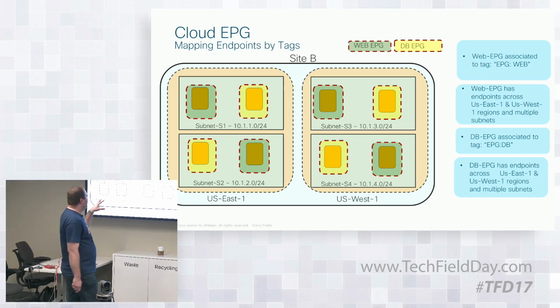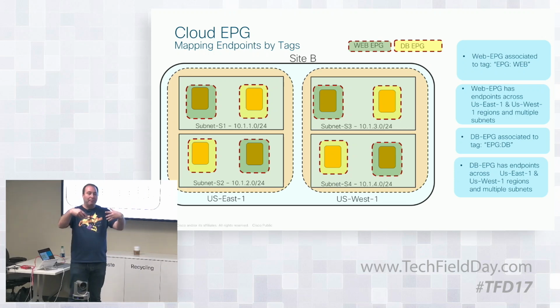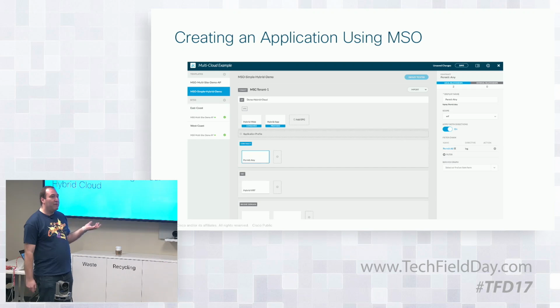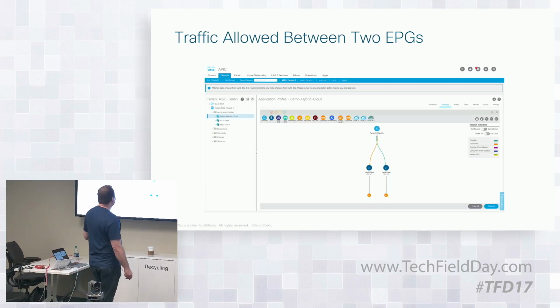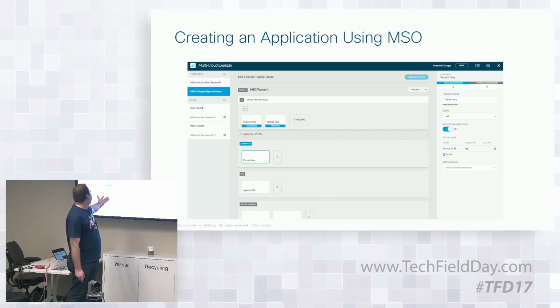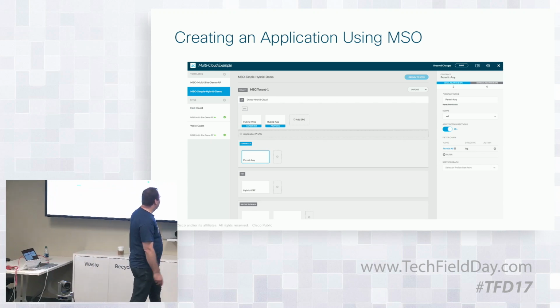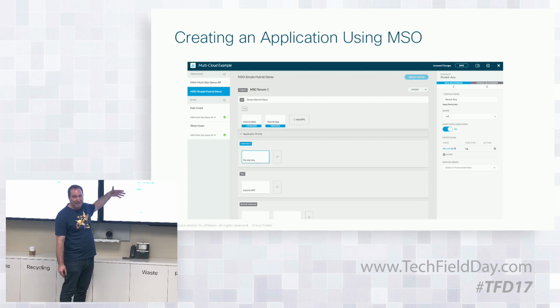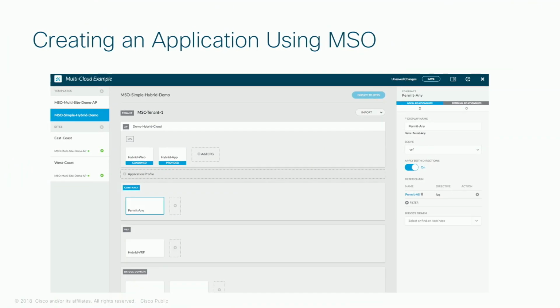I got you. So that's sort of how we apply policy across multiple sites consistently, right? So what does that mean? When we manage using MSO, this is the MSO UI right now, I'm cheating a bit here because I don't have a site that's AWS. I wasn't allowed to. But the bottom line is you just add the sites as you would any other site. AWS would become a site.